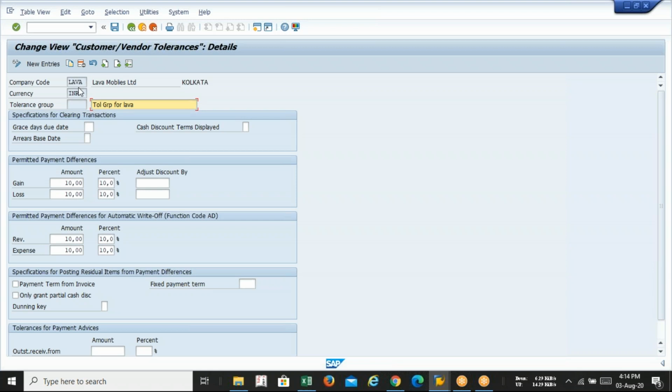What I'm trying to say, in the company called LAVA, whether I'm going to receive the payment from my customer, I need not do the same step, because I have already done it for my outgoing payment. So the step is automatically assigned to the incoming payment also. That's why I'm saying that before doing incoming or outgoing payment, you have to complete this step. That is AC12.